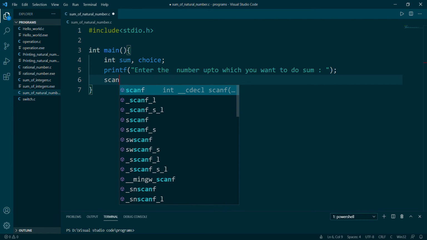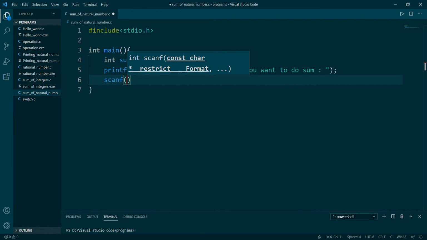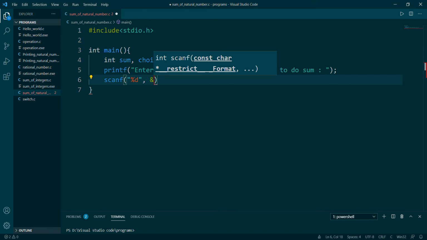Then I'll scan whatever the user inputs after seeing this message on the output window, using the %d format specifier, and store this value at the address of choice.